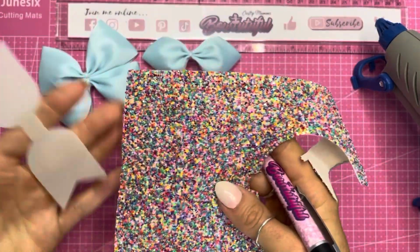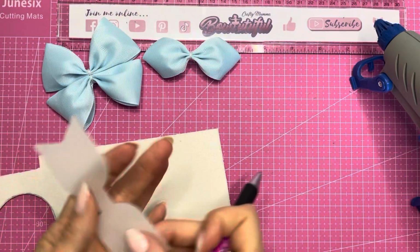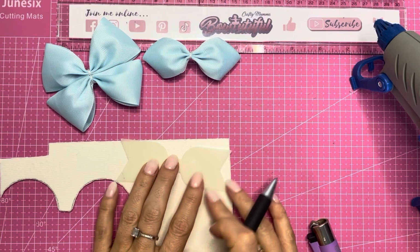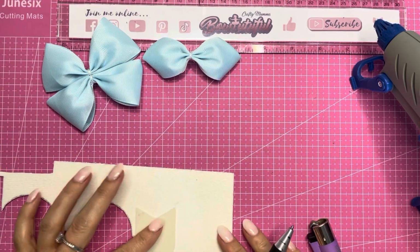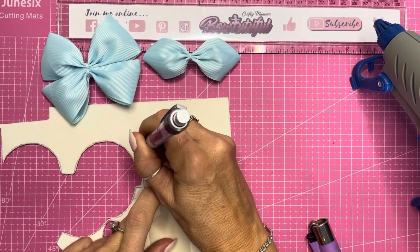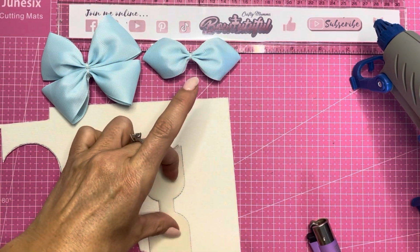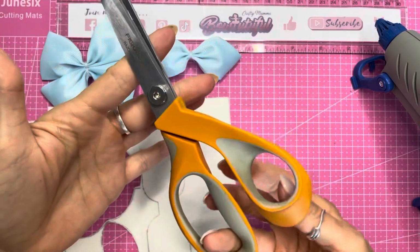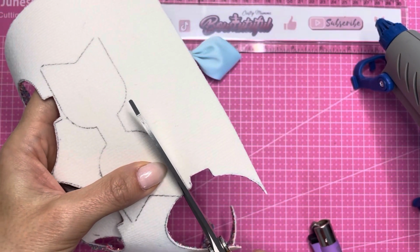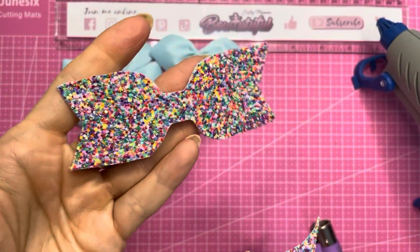Now we're going to make our glitter tail. So taking that lovely glitter fabric that I showed you earlier and my tail template, I'm going to draw around this onto my fabric. So here are my glitter tails now cut out,